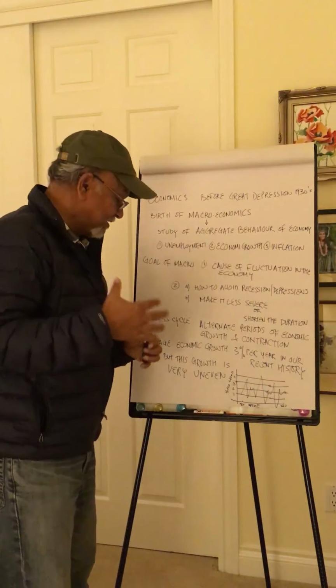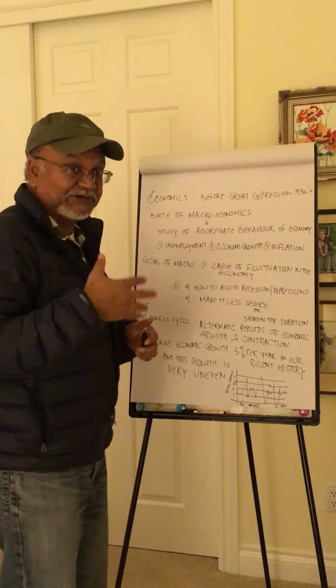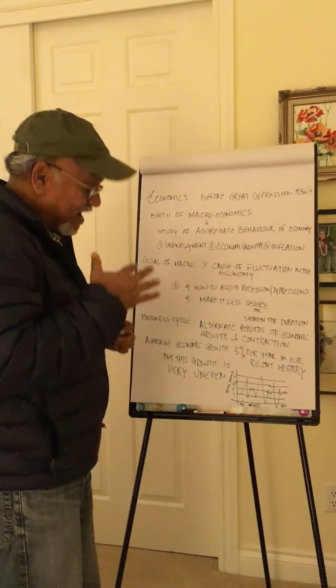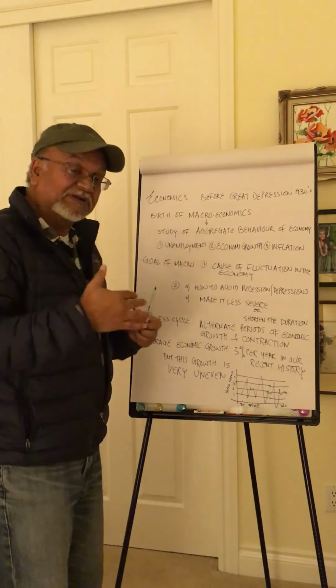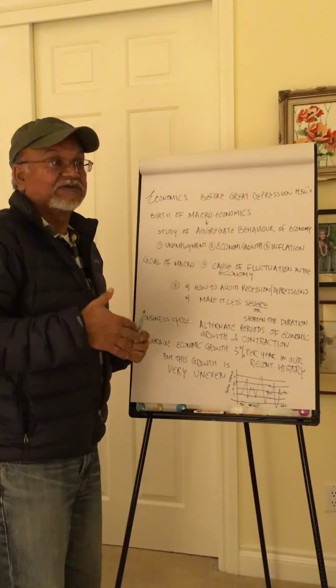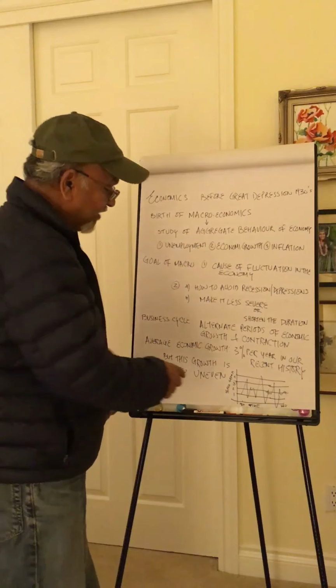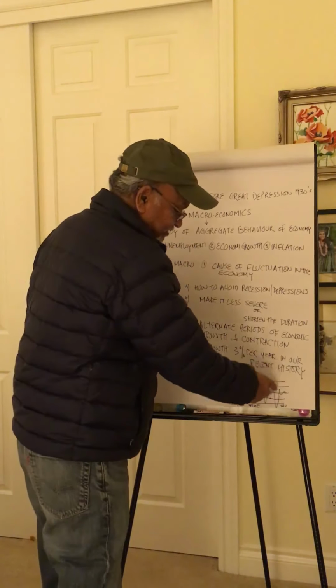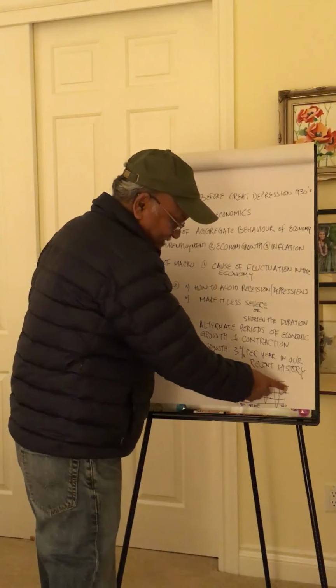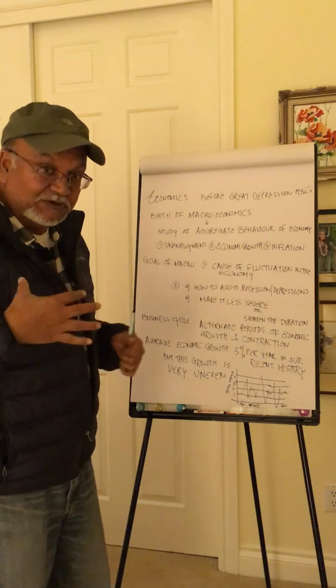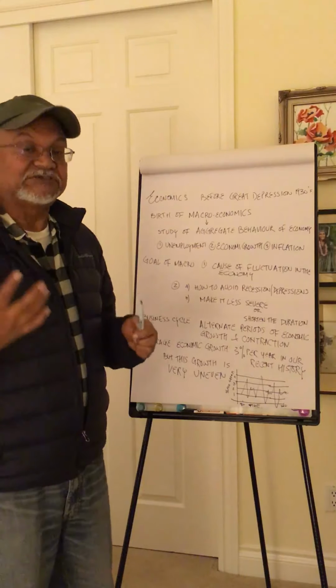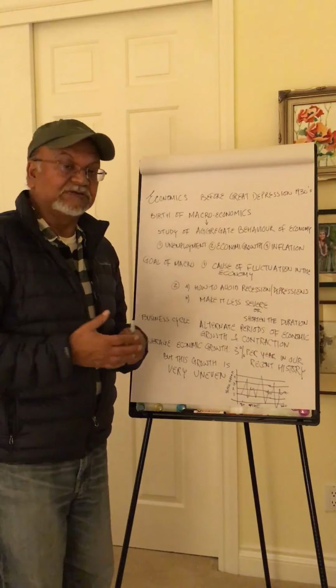So again, our average growth for the past 100 years has been 3% average. But in a particular year, we can grow at 6% or we can shrink. So that is our goal, to understand why we have this big economic fluctuation. Why can't we just grow at the rate of 3%? So this is what our goal is to study, what causes recession, what causes depression, what can we